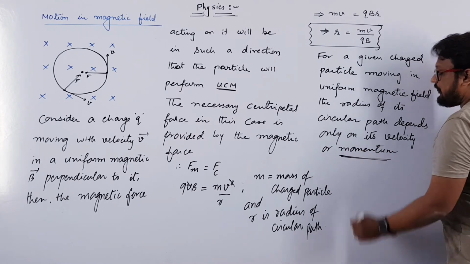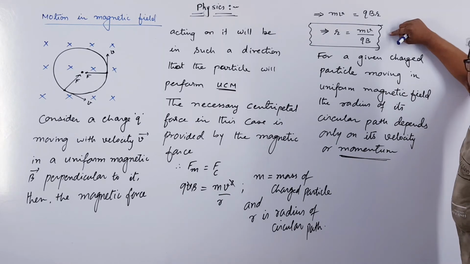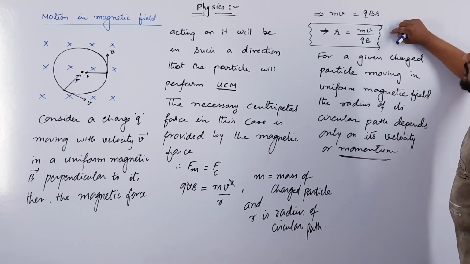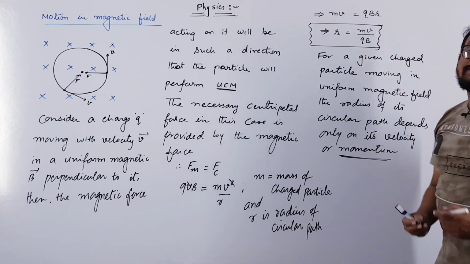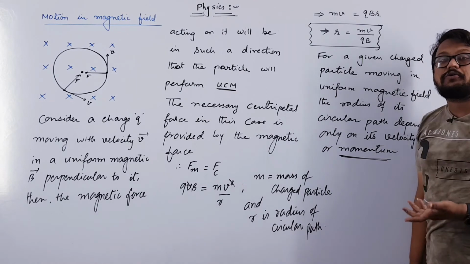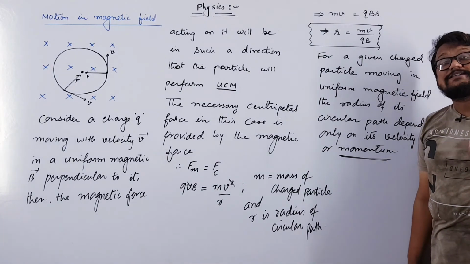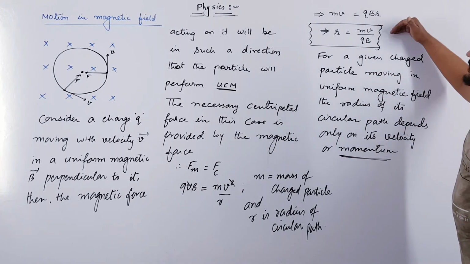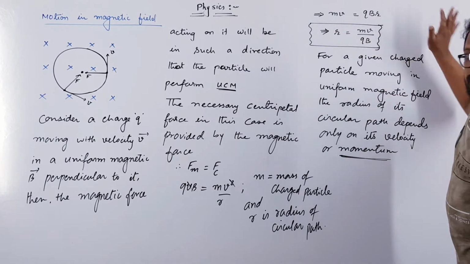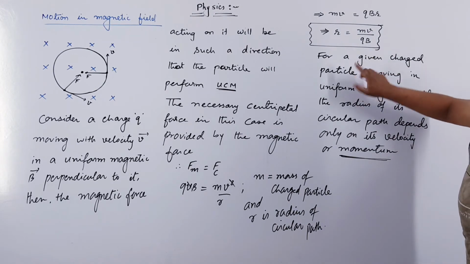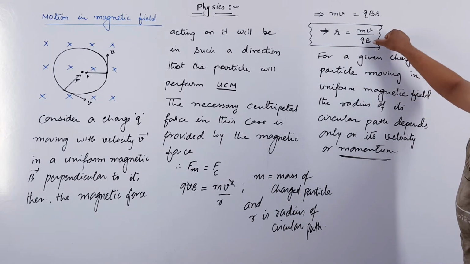Means if the velocity of the charged particle increases, then its radius will also increase. This is the most important concept for another device which we are going to discuss in our next video lecture, that is the cyclotron. One of the points for the cyclotron is that with increase in velocity, radius will also increase. Clear? So here you can see that for a given charged particle, q is constant, uniform magnetic field B